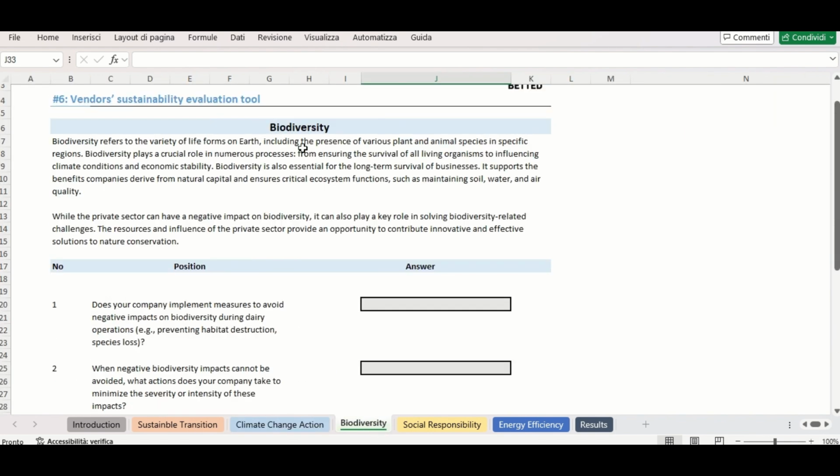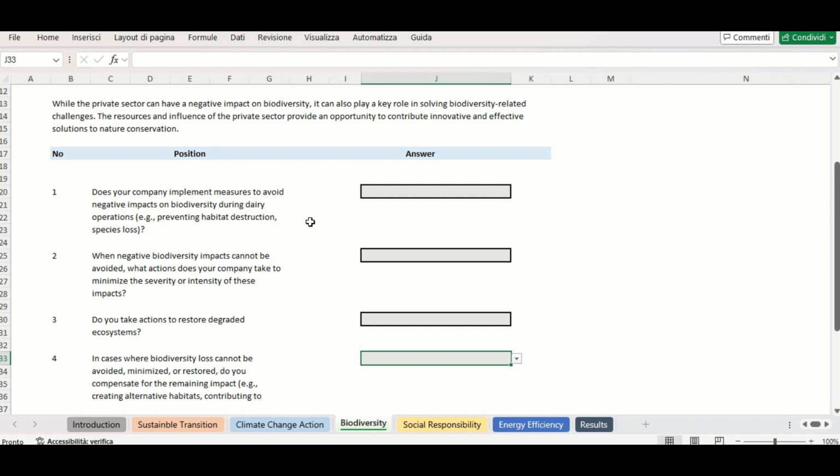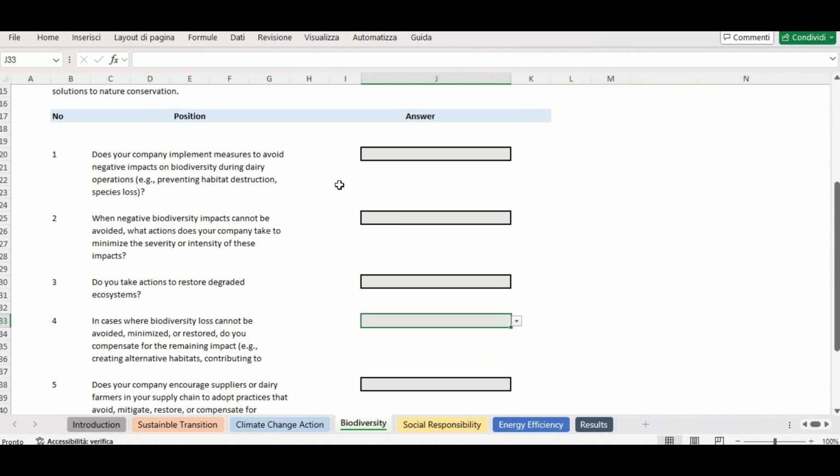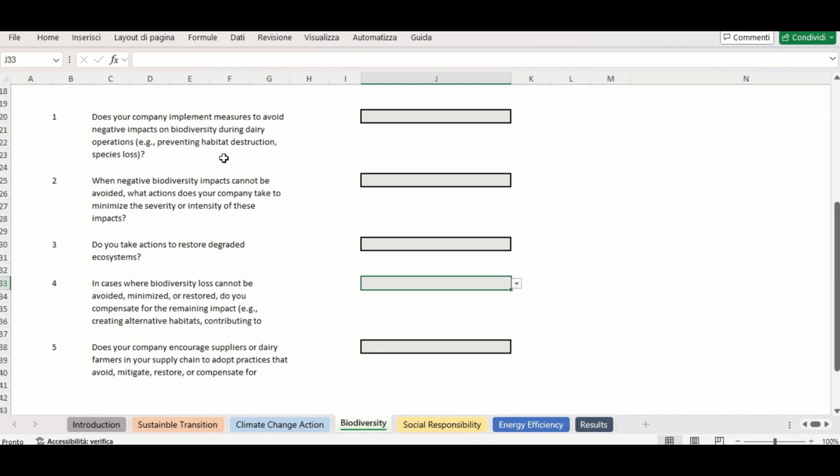Biodiversity refers to the variety of life forms on Earth, including the presence of various plant and animal species in specific regions. Biodiversity plays a crucial role in numerous processes, and it is essential for the long-term survival of businesses. It supports the benefits companies derive from natural capital and ensures critical ecosystem functions, such as maintaining soil, water, and